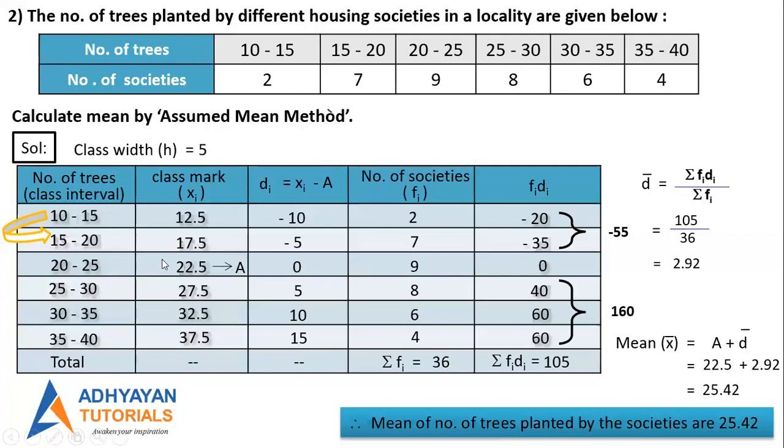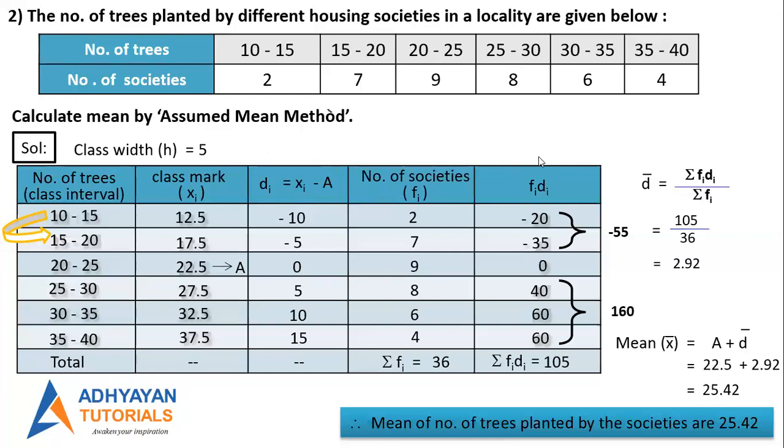Now, look at this table. There is something I would like to discuss. See, there are two class marks which are in between. If you carefully see, 22.5 and 27.5. Both these class marks are in the middle. If you take 22.5 or you take 27.5, the answer is the same. Anybody who has taken 27.5 and got the same answer? Rageshri, what did you take as A? 22.5. Anybody who has taken 27.5? Priyanka Chavan. Okay, I will unmute Priyanka Chavan also.